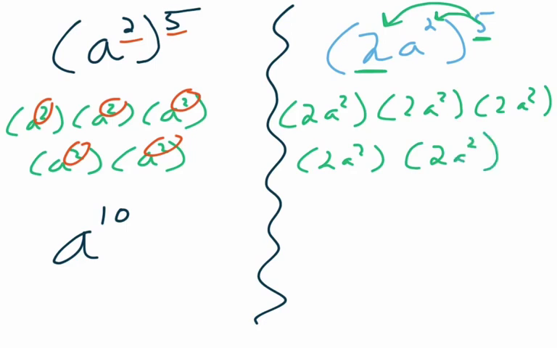So with our exponent term, you see here we have our 10 again, but I also have 2, which I'll underline in blue. I've got 2 on here 5 times, so it basically makes 2 to the fifth power a to the 10th